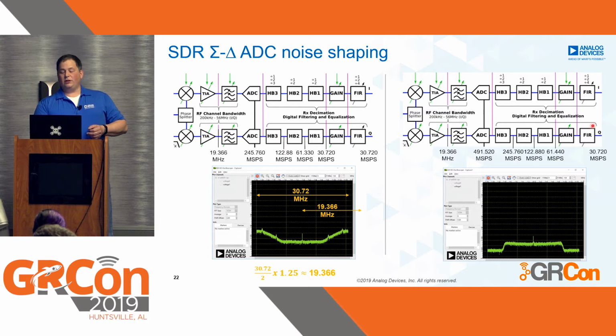But by adding more decimation stages or more interpolation stages, now we can actually make the ADCs in the DAC run at 491 megasamples a second. And we can see that this is much flatter. And we also see that these knees here that were part of the noise shaping from the sigma delta have actually gone away. We've pushed that out because we're running the ADCs much faster.